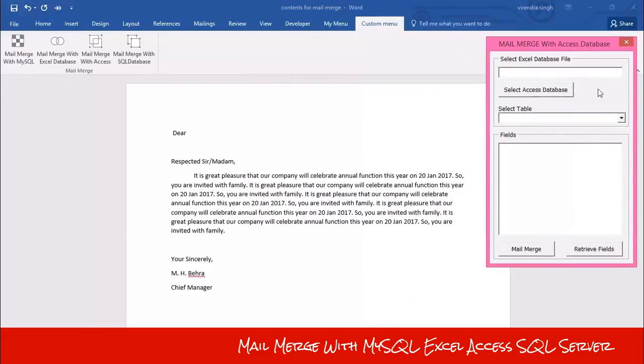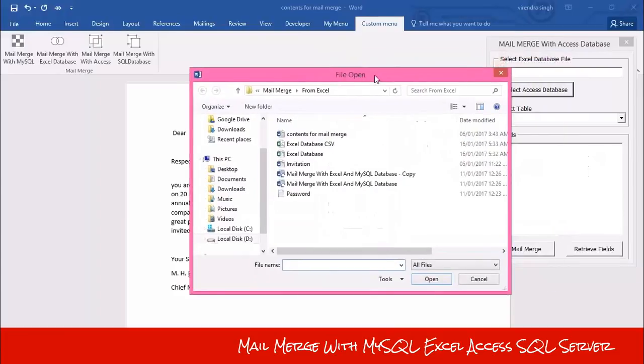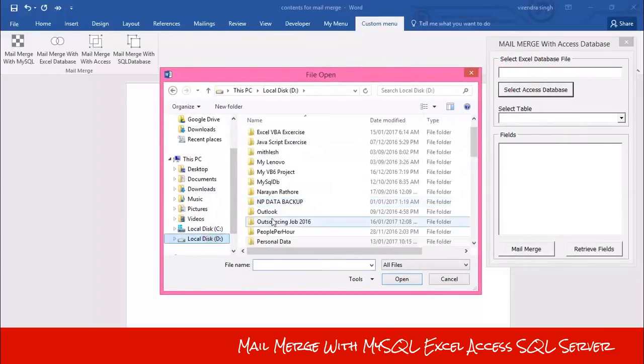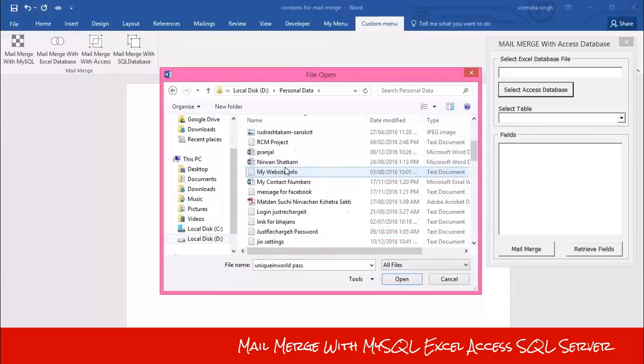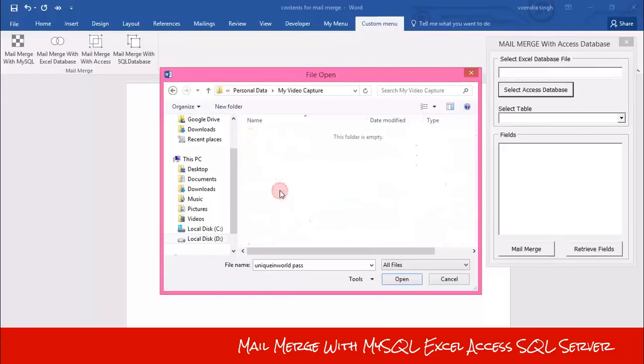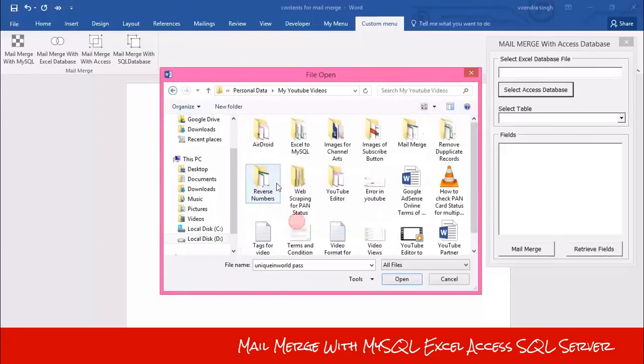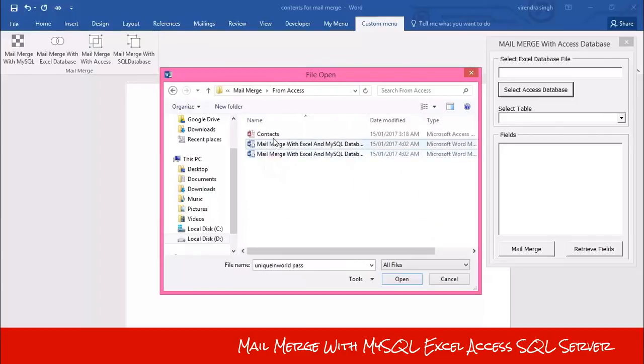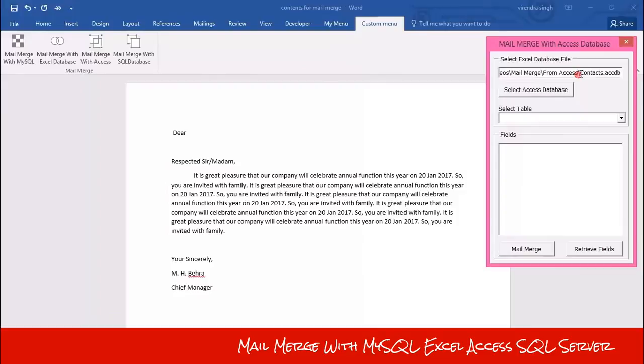It is the same as the Excel database. Just select your Access database by clicking this button. As soon as you select your database, all the tables of the selected database will be inserted into this combo box.